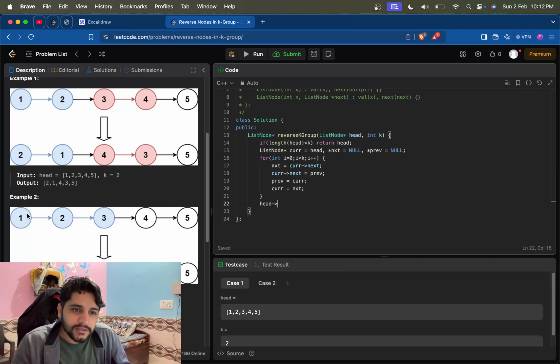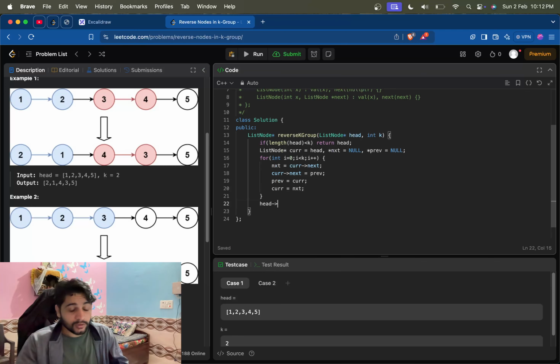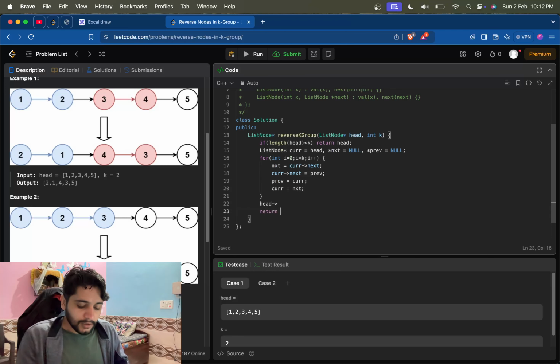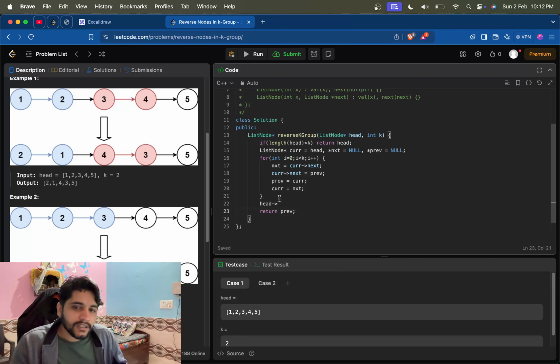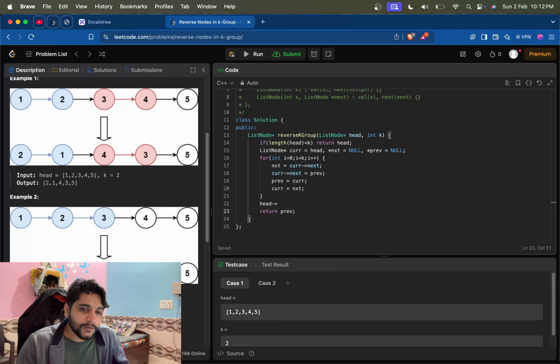Okay, we have reversed this 1 2 3, 2 3 2 1 तो हमारा हो चुका है. अब हमारा हेड तो यही है, ठीक है. रिटर्न क्या करेंगे, जो हमारा सबसे लास्ट वाला है प्रीवियस, प्रीवियस 3 को हम रिटर्न करेंगे, ठीक है। अब 1 से हम जाएंगे कहाँ पे, 1 से हमें नेक्स्ट ग्रुप के जो भी अगली बार जो ग्रुप होगा उसका जो हेड होगा ना, वो जो भी रिटर्न, अब आप यहाँ पे रिवर्स करके रिटर्न क्या करते हैं, हमेशा रिटर्न हम ये करते हैं ना, ठीक है। अब जो नेक्स्ट का प्रीवियस होगा, मान लो 4 5 6 होता तो 1 का नेक्स्ट 6 होता फिर, ओके।